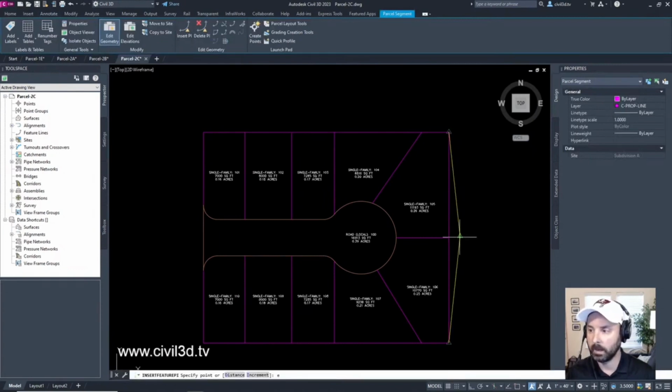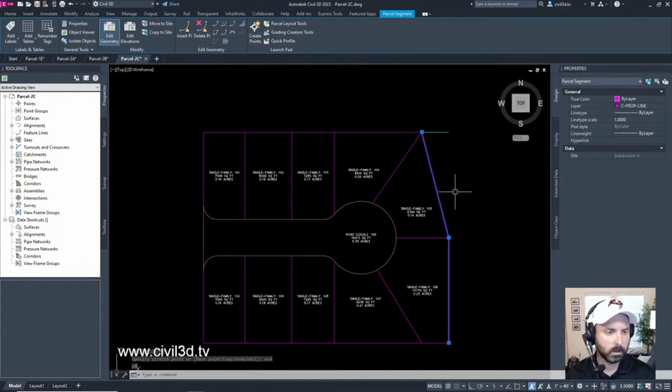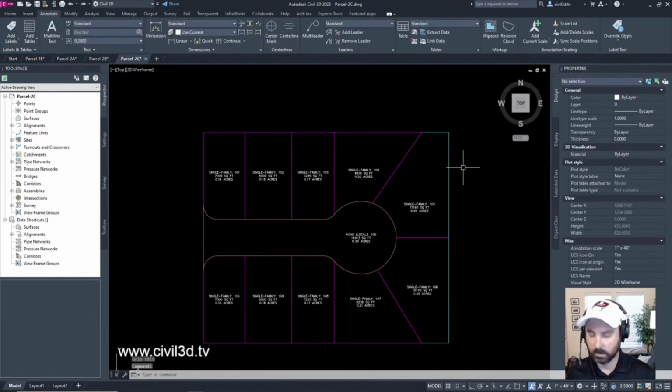Insert PI, like so, accept the elevation, and then escape. There we go. What happens if I move this over here to this endpoint? It'll go goofy. That's not what I want. I'm going to undo this. Regen all. Okay, we're good.